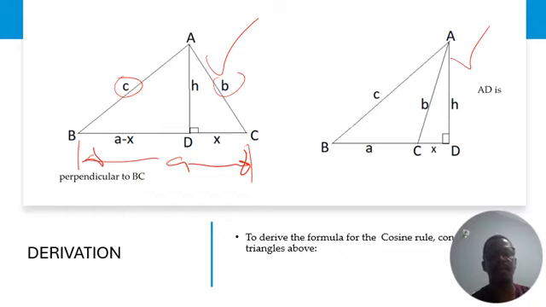But the total is A, okay? So we are going to use that understanding to find a formula that will help us to find the length of A, that will help us to find the length of C, that will help us to find the length